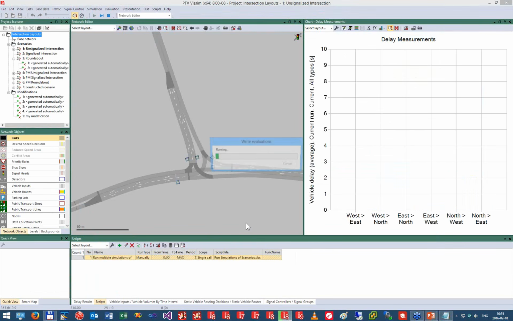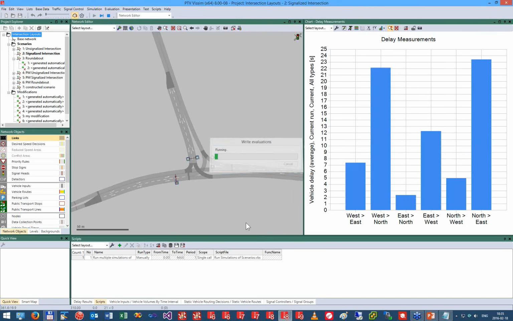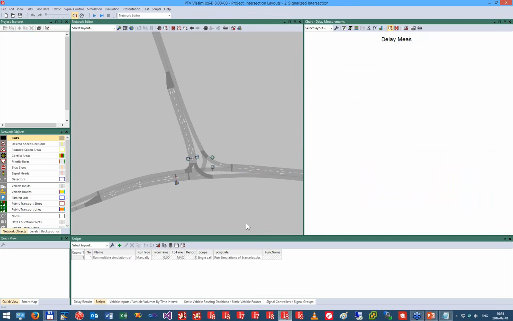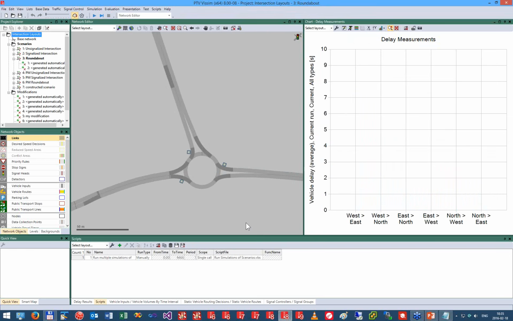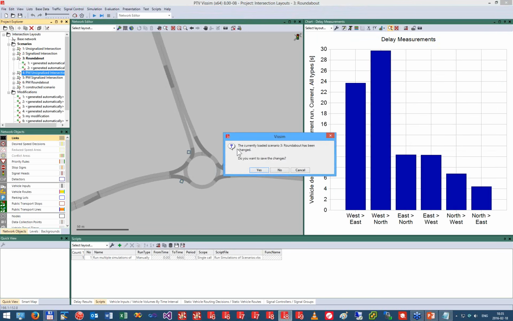Now you can see that Vissim loads the scenarios. Well, it's too fast to see all of it, but you see that something happens. And after these are done, now we can load the scenario,